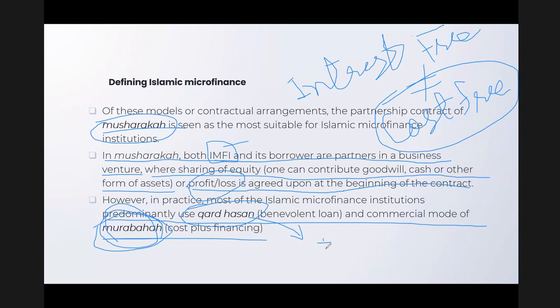Sometimes in Qarze Hasana also some fees can be charged. And that fee is very nominal. Nominal means normally the fee is not expressed in terms of interest or in terms of percentage. Some fixed fee is charged, and that fee is